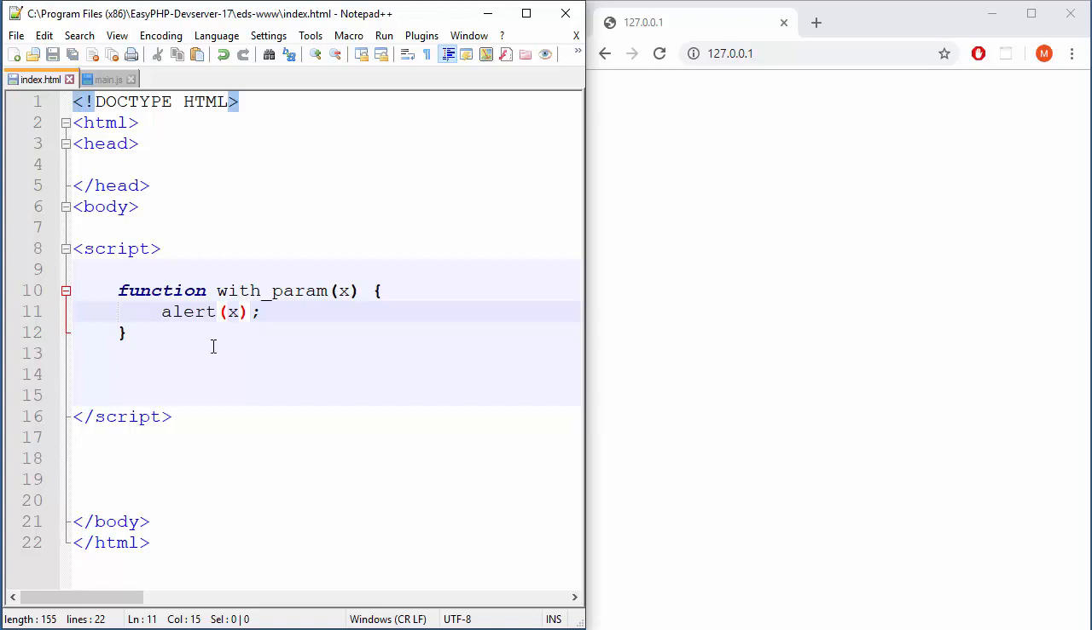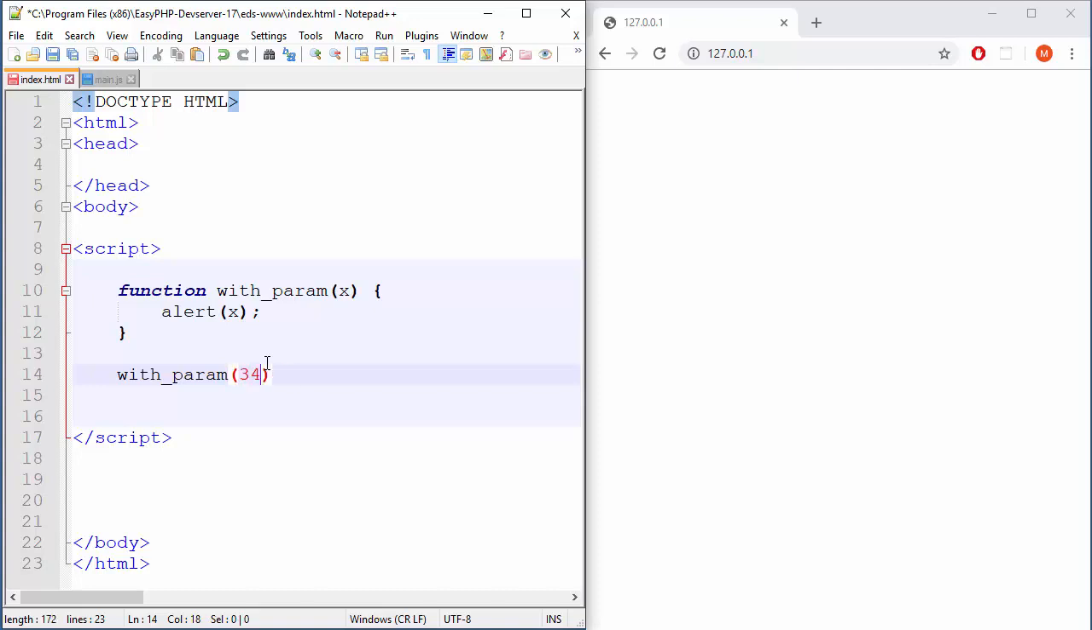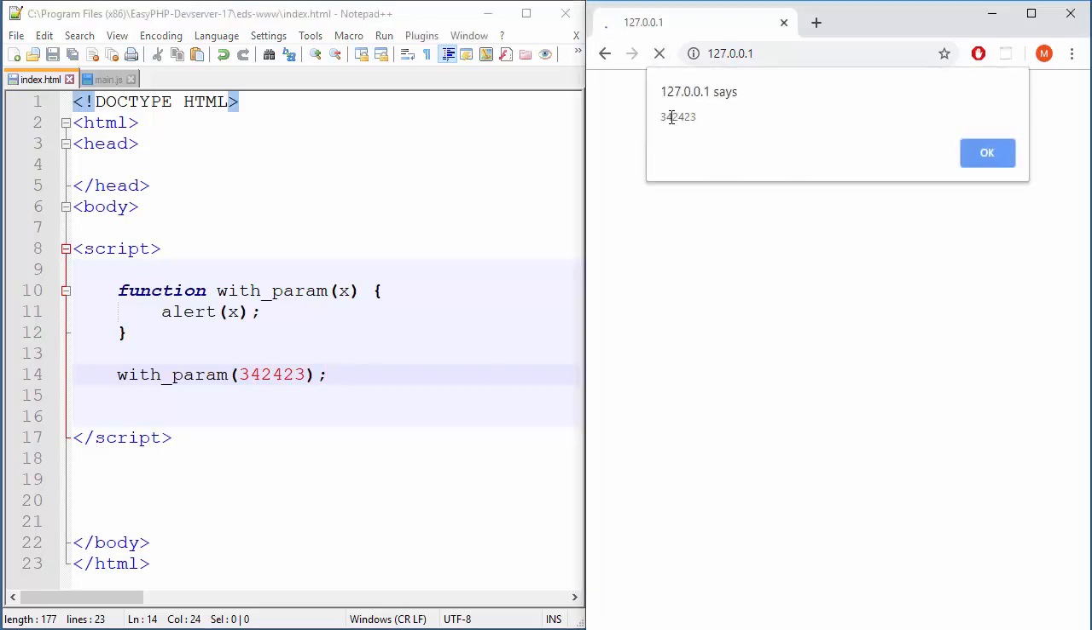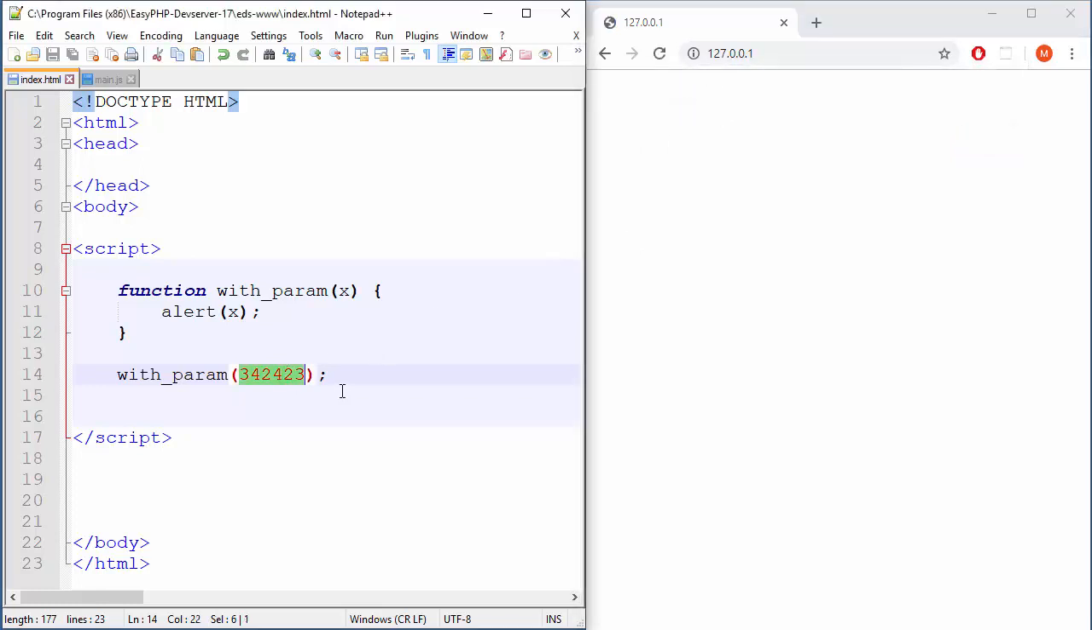So let's test that. We need to call our function withParam, and now let's just print these numbers. You don't need to be explicit here about what kind of numbers or what kind of strings you're going to use. This is JavaScript and JavaScript will automatically recognize what you're trying to say. So let's save this and refresh, and there you go, you have your numbers here in the pop-up. Everything will be fine if you use any kind of string here,